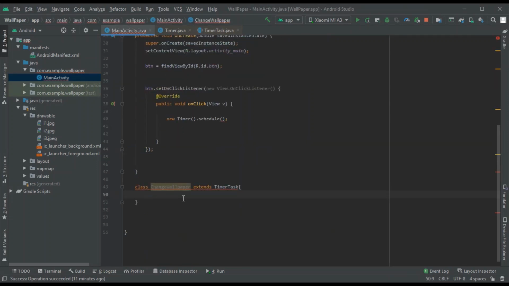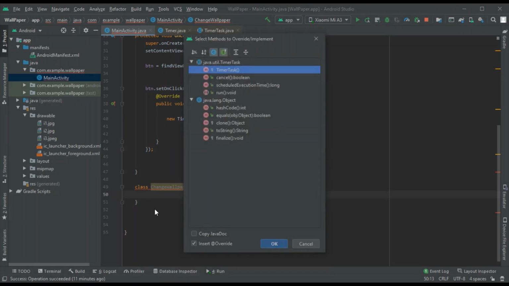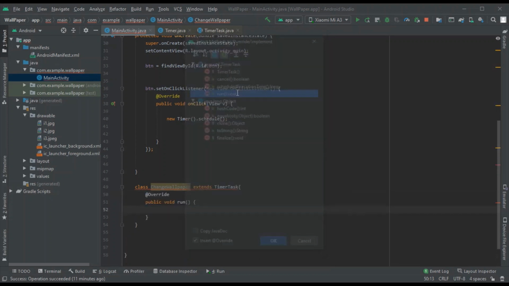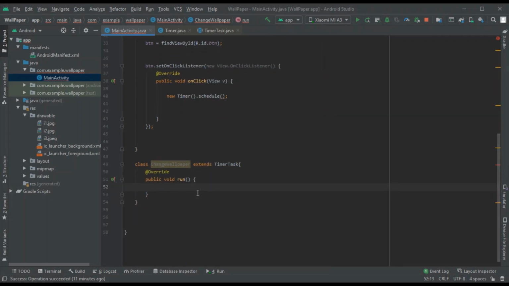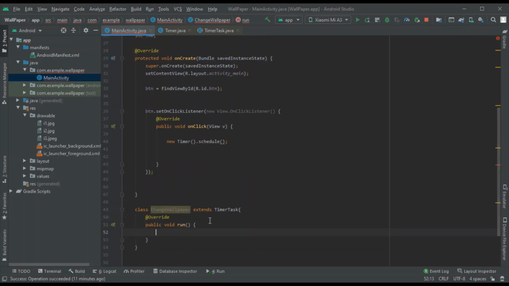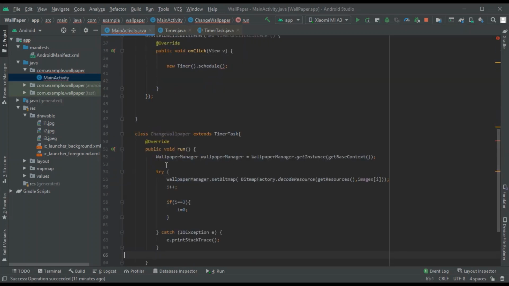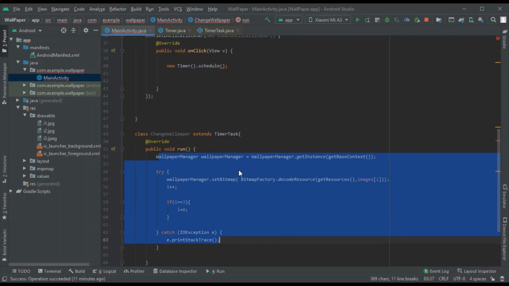So I will override the TimerTask's void run method, and here I will paste this code which I have written on the top.